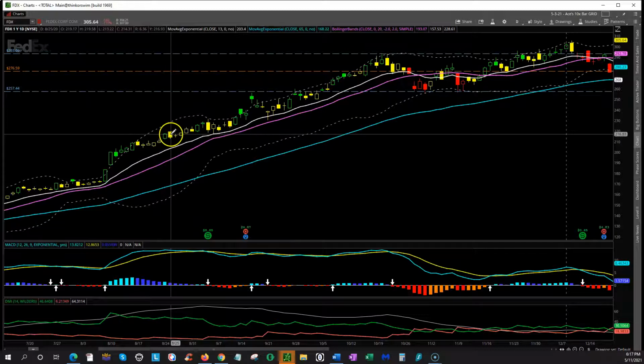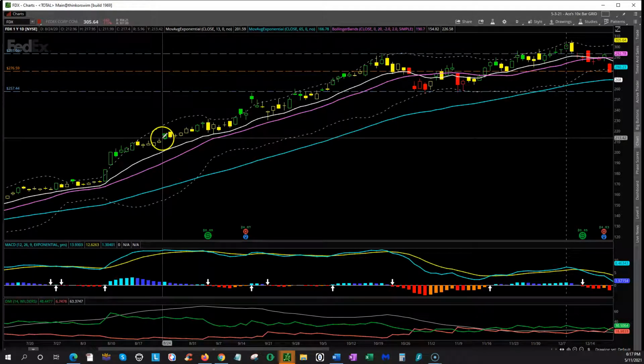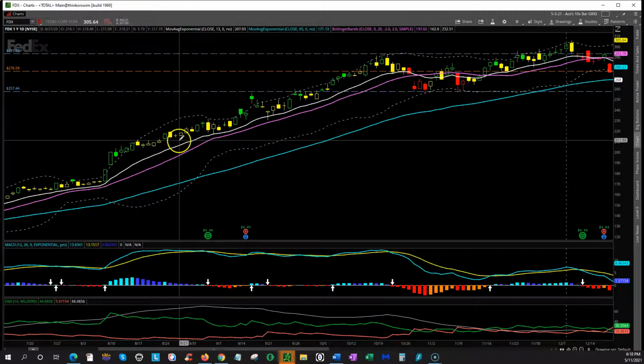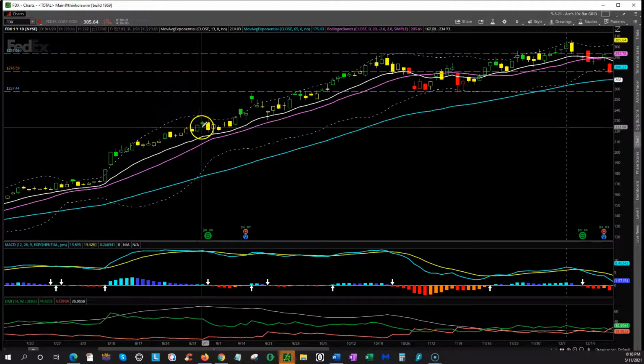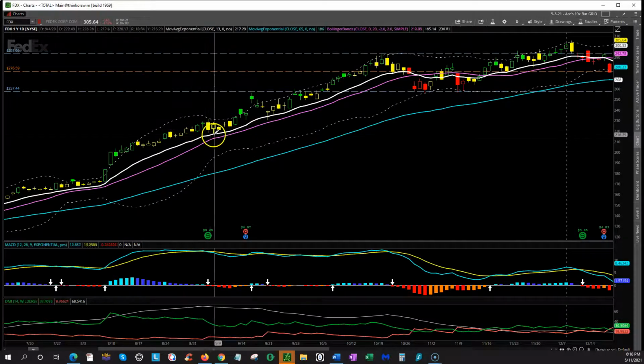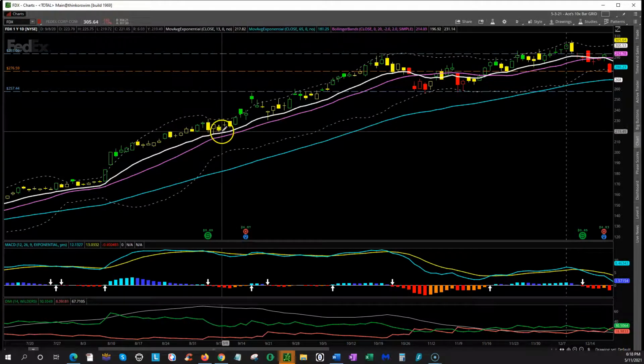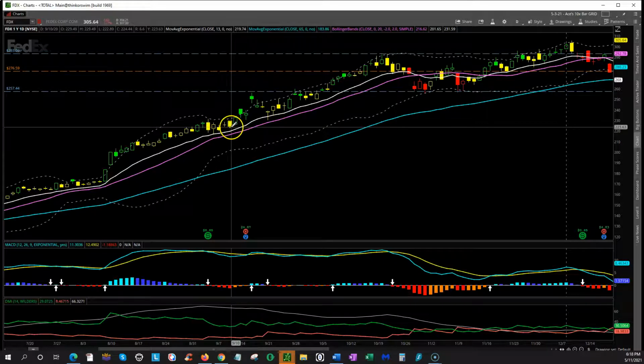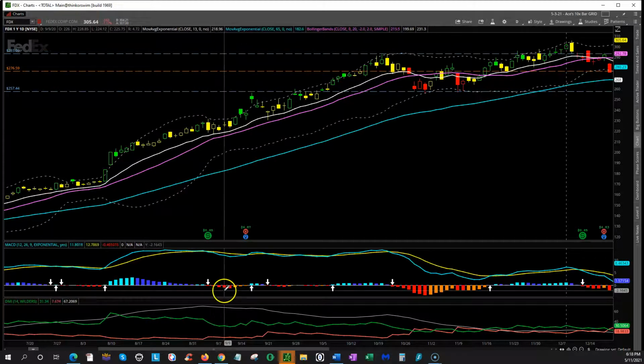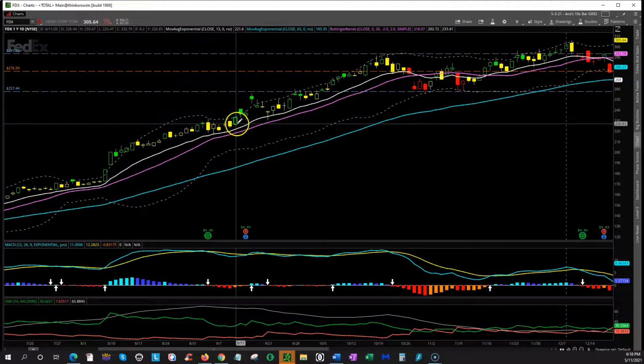We get this candle that retraces, doesn't break through the low of the previous candle. So for me, I would still be looking for a possible entry, but I want to see a little bit more of a pullback, maybe to the 13. And then here we go. We get this pullback. It stays above the 13, starts to come back over. You see the MACD histogram went negative momentum, then it's starting to push up positive. And then right here,